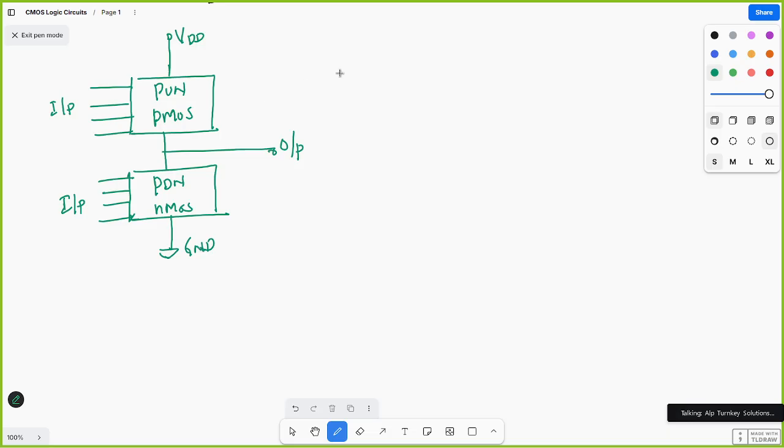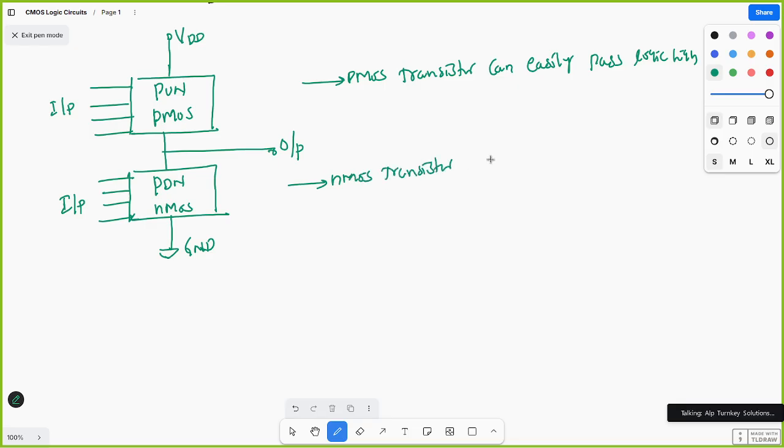So a PMOS transistor can easily pass logic high, and an NMOS transistor can easily pass logic low. From here you can say that